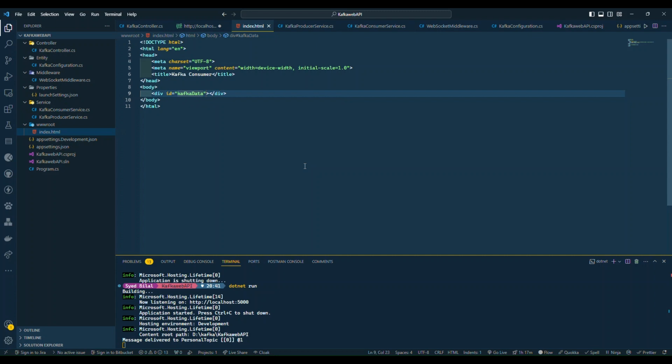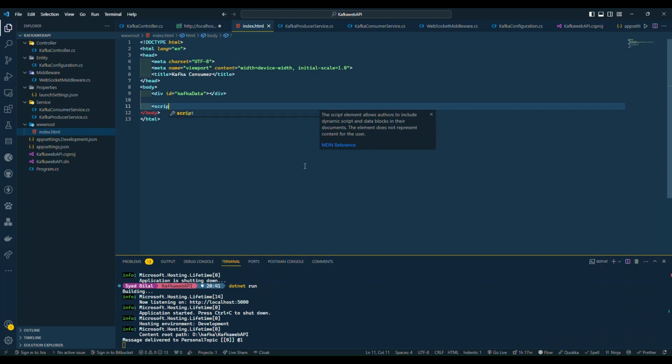Now we need a script, and for that we will use jQuery, but we need jQuery first,